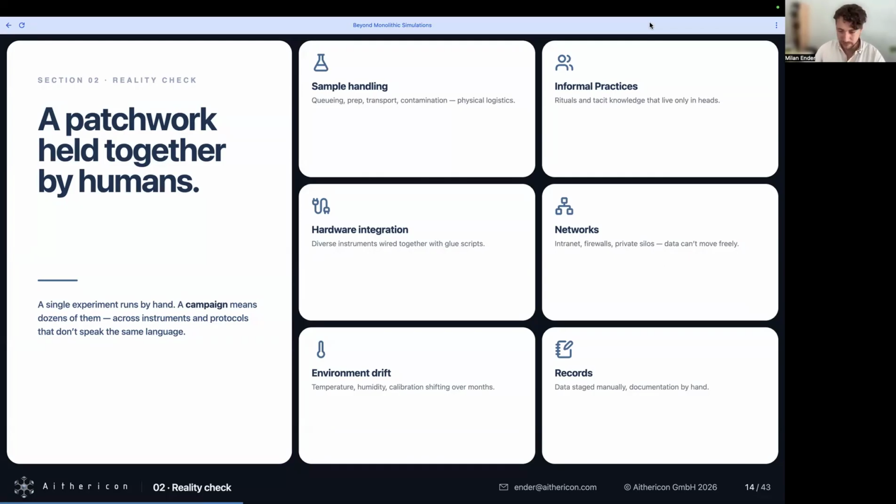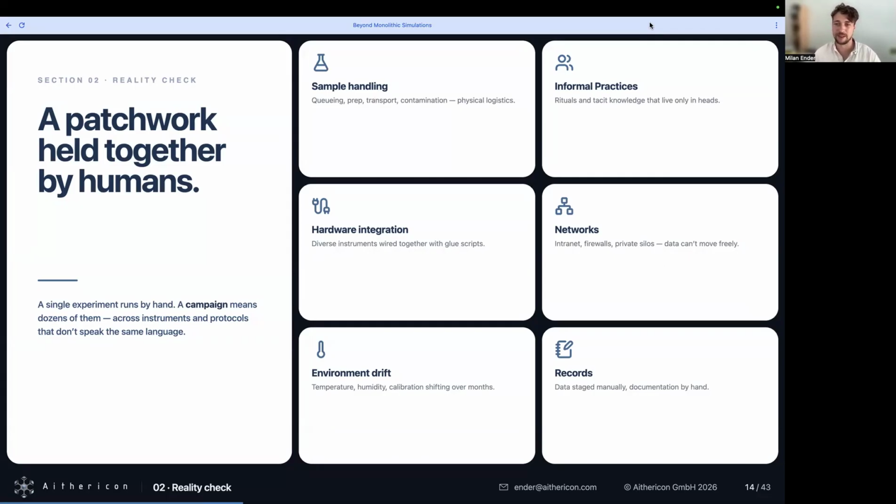And other things are infrastructural challenges, like how do we even reach this laboratory? So often we have isolated networking environments. Not always can you just ping the laboratory computer and say, hey, give me all your data.